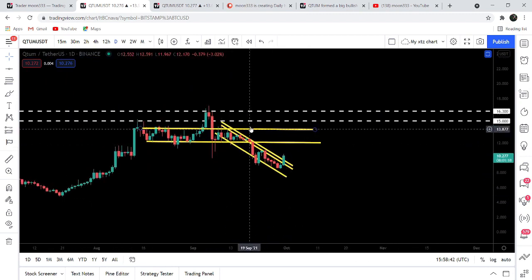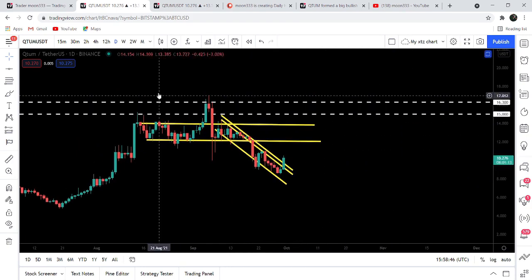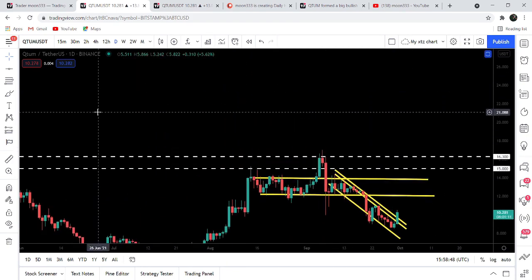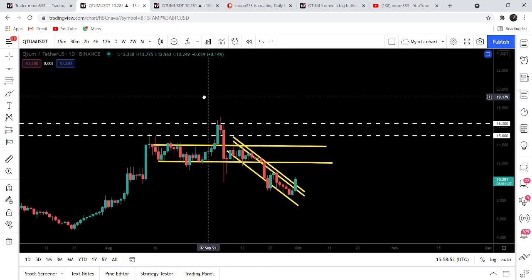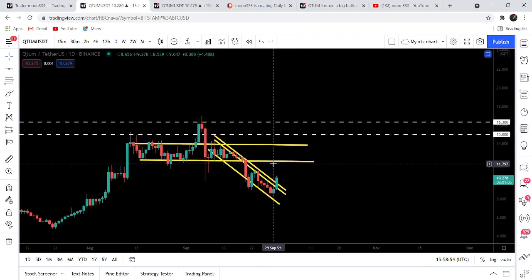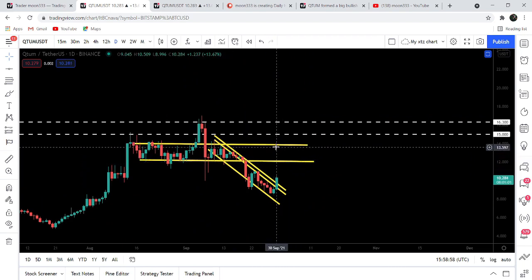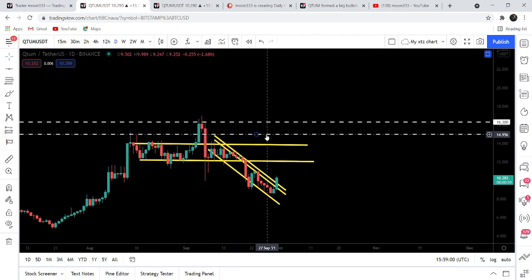So these are the major resistance levels that the price line needs to break out for the next major move, a very powerful bullish rally to start a very long-term bull run. The price line needs to break out this resistance of the channel that was previously working as a support, this resistance, and this price level resistance of $15, then